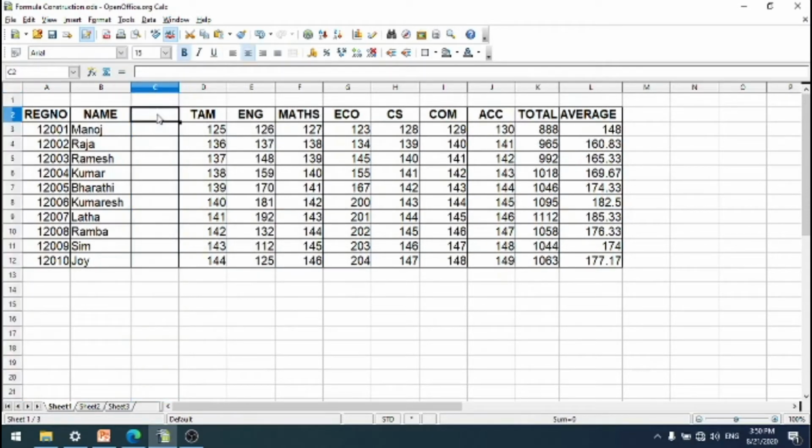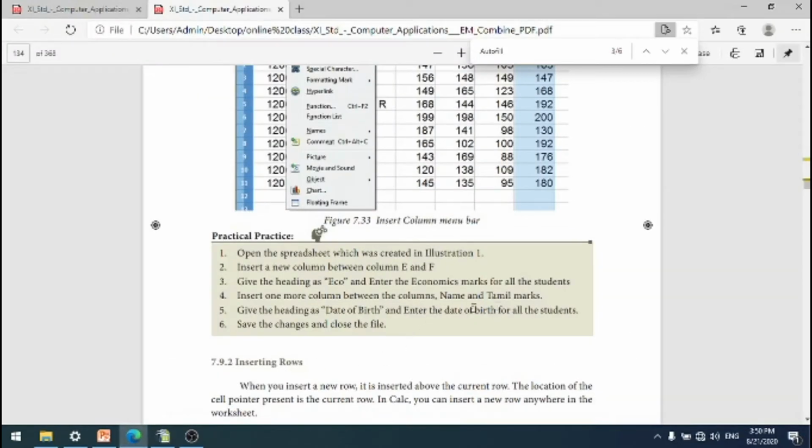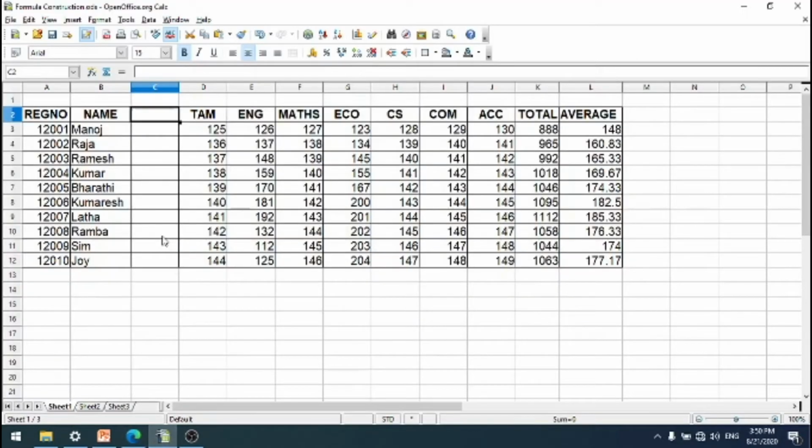You place the cursor here and type heading as date of birth. Heading is date of birth. In shortcut we will type DOB. It's a date of birth. You fill all students date of birth here. For example 2000.